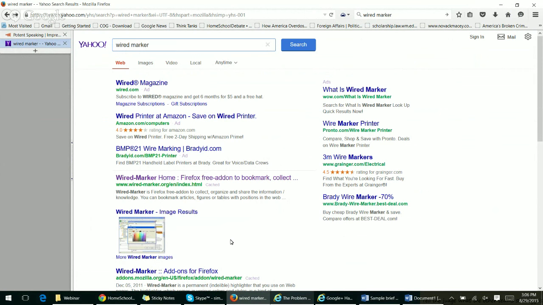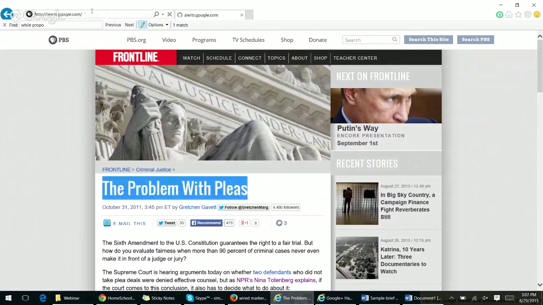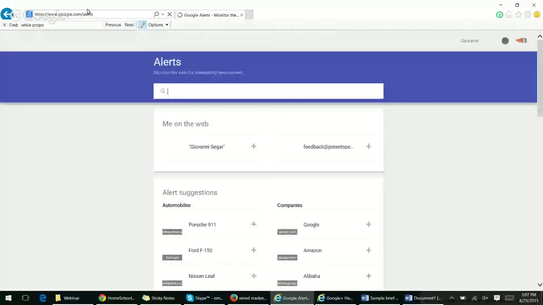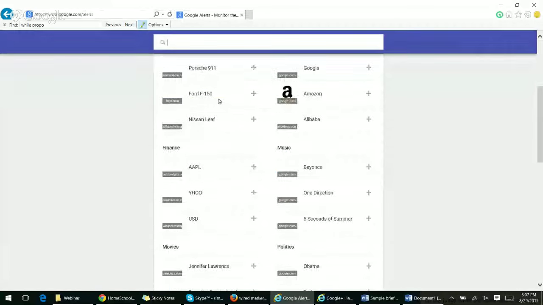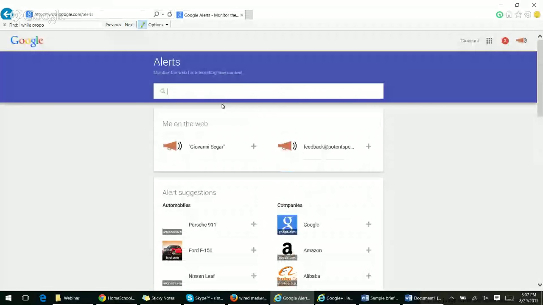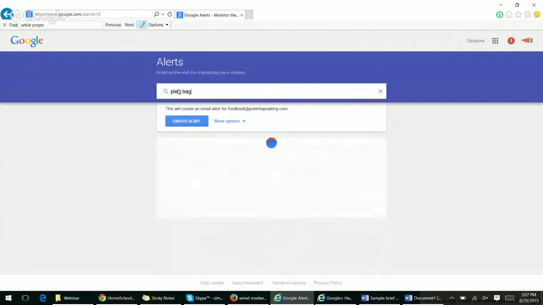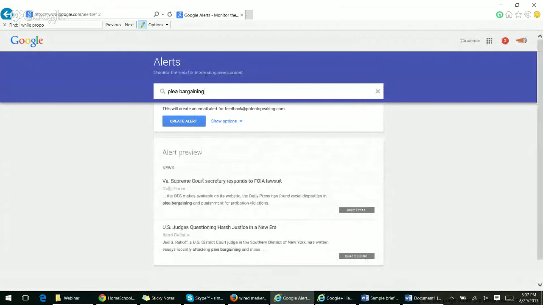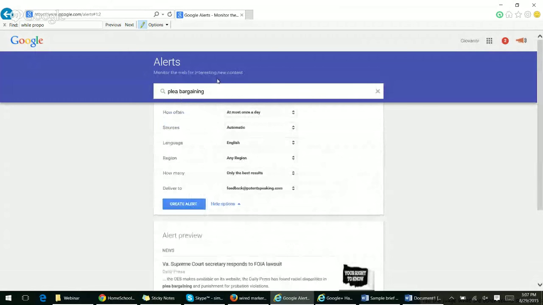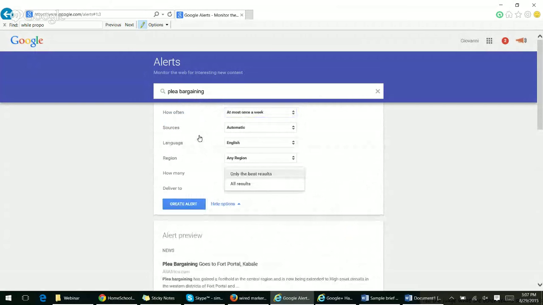Alerts.google.com. Google Alerts is similar to news.google.com, and it looks really new now, so I'm not used to this format, but basically you type in your search term, let's say it's plea bargaining, and you click create alert, and you have options, maybe like at most once a week, only the best results, etc. There's some options, and once you create the alert,